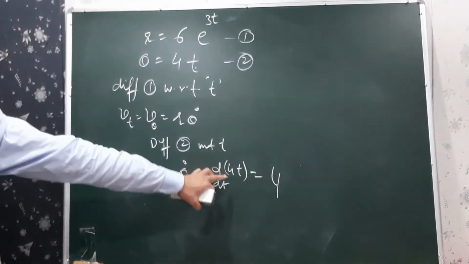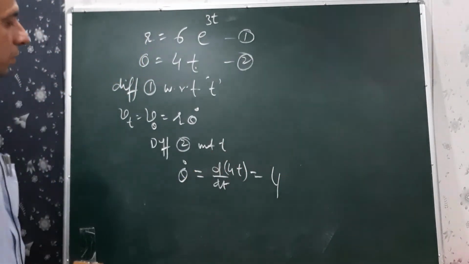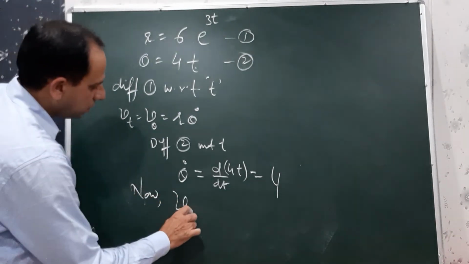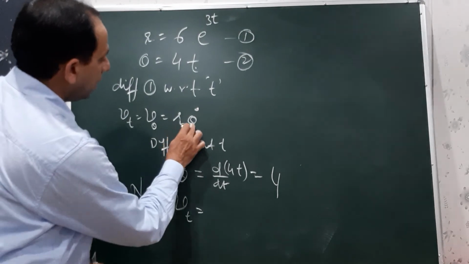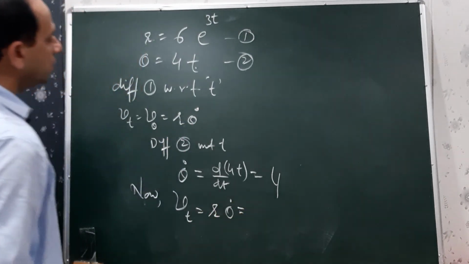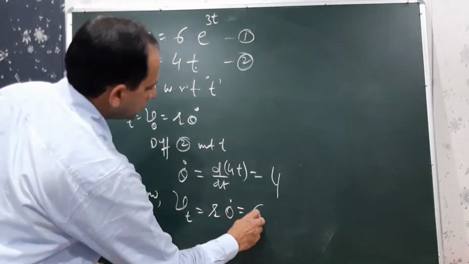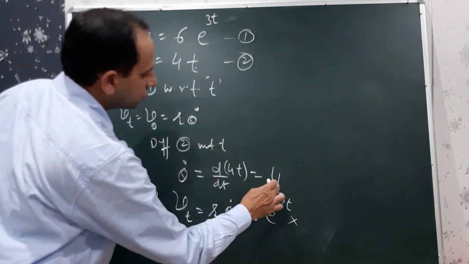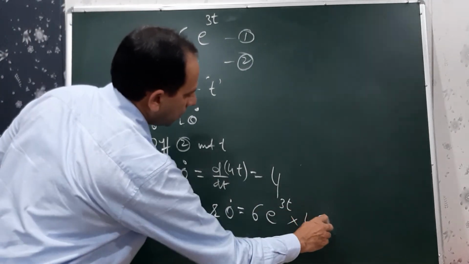Its derivative is 4, because dt upon dt is 1. Now, V t is r theta dot, r into theta dot. What is r? R is 6 e power 3t, into theta dot which is 4. So, ultimately the answer is 6 for the